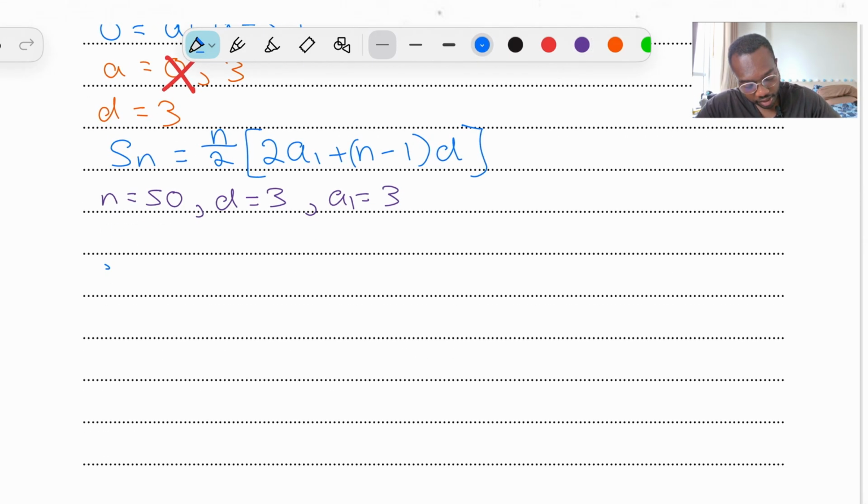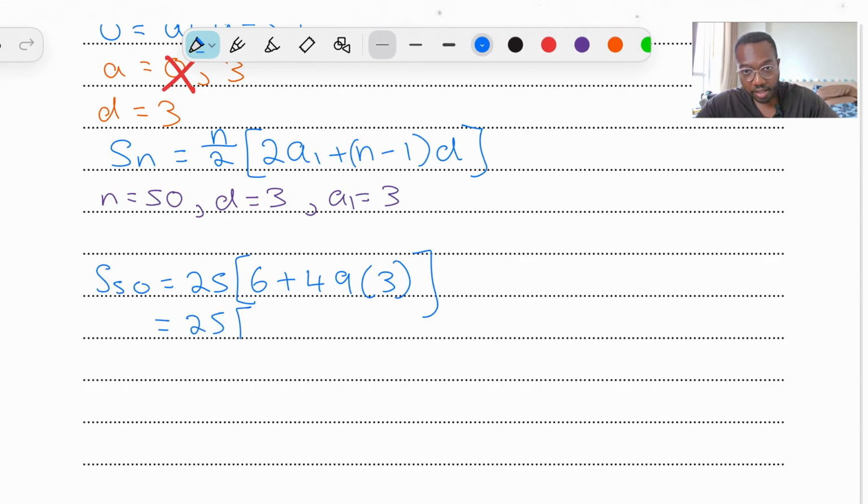So if we do that, we know that S50 is equal to 50 over 2, so that's 25, times 2 times 3, which is 6, plus n minus 1, so 50 minus 1, that's 49, and that's also going to be times by 3. And then if we just work this out, we get 25, and then we get 6. Now, 49 times 3 is 147. So we get 6 plus 147, which gives us 25 times 153. If you work that out on your calculator,